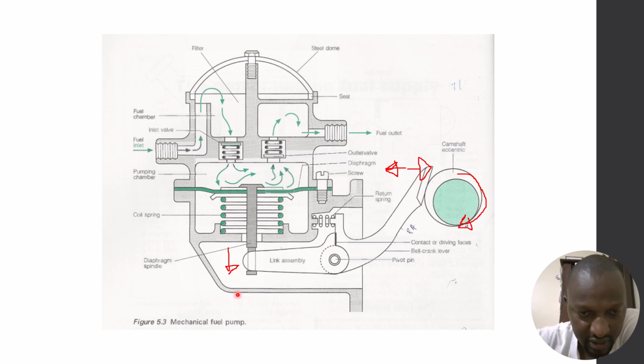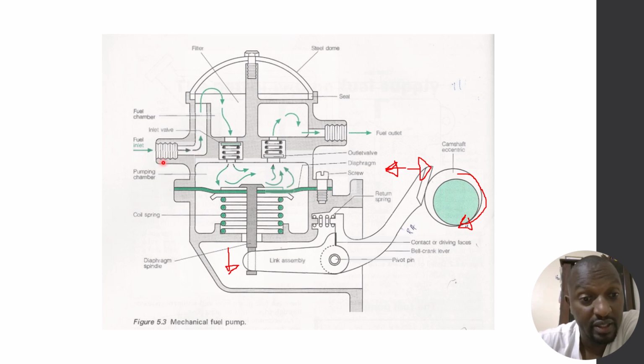move downwards, and that pulls the diaphragm spindle against the spring tension to pull this elastic member, they call it the diaphragm, downwards. This has the effect of increasing the volume of the pumping chamber, and when we increase this volume, we create an area of depression, which is an area that has a pressure lower than atmospheric pressure. Now, if this area has a lower pressure than atmospheric pressure, and the fuel tank is exposed to atmospheric pressure, that will cause fuel to flow from the tank through the fuel lines, through a fuel filter, and up